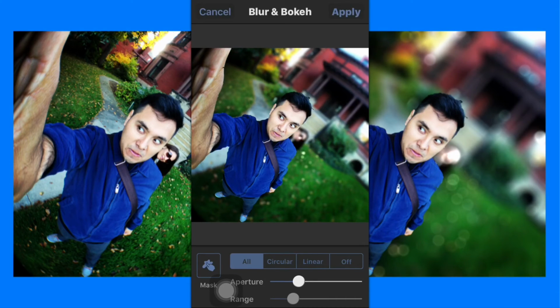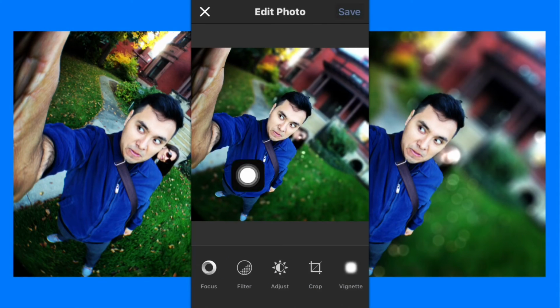Alright, just tap on apply, and before that you have different choices here. These are the ones that most apps have, like filters, adjust, brightness, all that stuff, shadows, and crop the image, and all the familiar stuff, you know. Let's tap on save now,